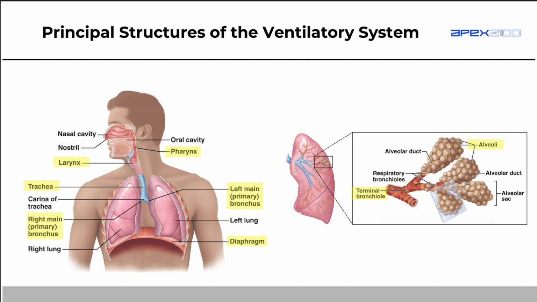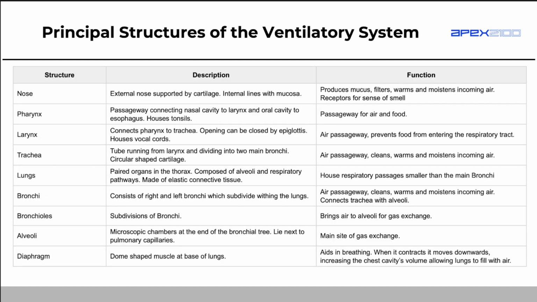So you need to know some descriptions and functions of each of these different structures, and they're written here for you. For the most part, in the upper ventilatory system, the nose, the pharynx, the larynx, the trachea, we're trying to moisten and warm that incoming air. We're providing the passageway for air. The pharynx and the larynx is also important because it helps to distinguish between air and food. At the lungs,